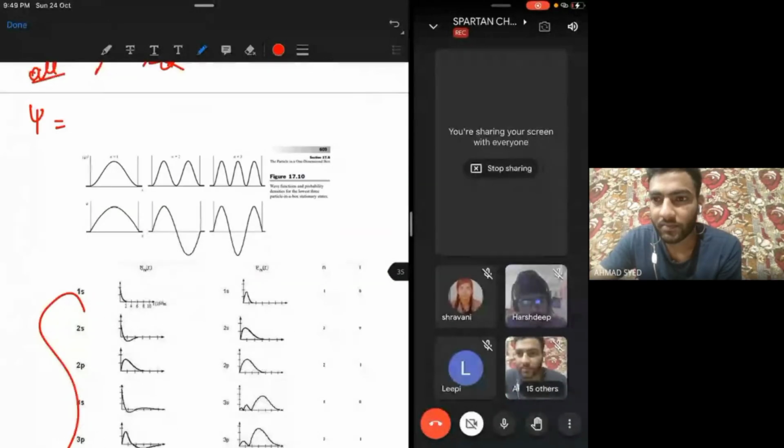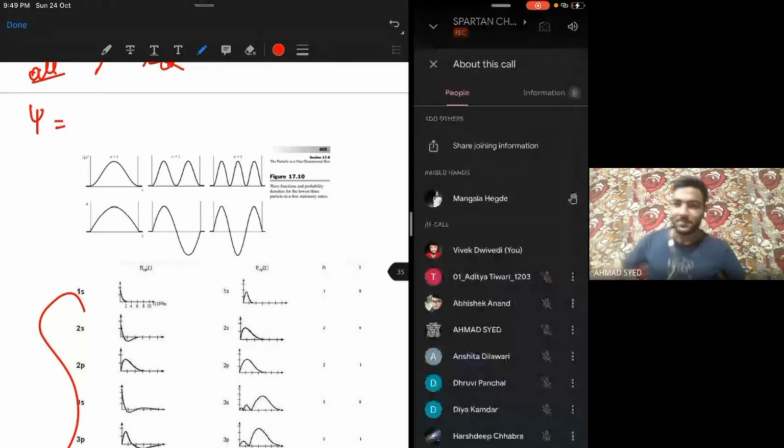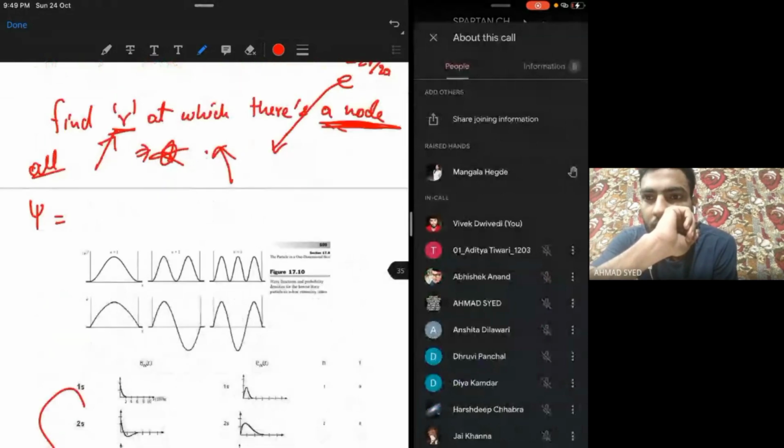Now let me give you guys one more question. Let's say this is some imaginary orbital. I don't know, I'm just creating another orbital. But first, tell me, people who could not do this. First tell me, then I will give you the next question. Anyone who could not do this, I will explain it.